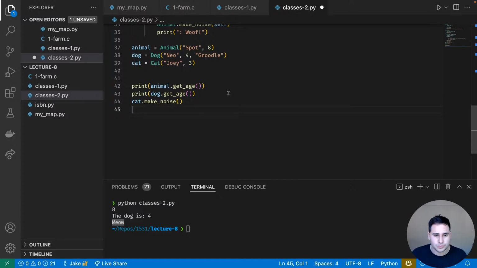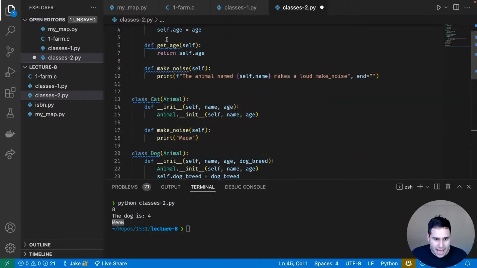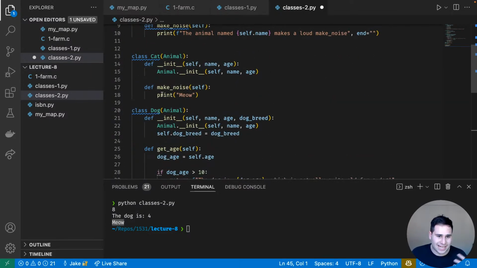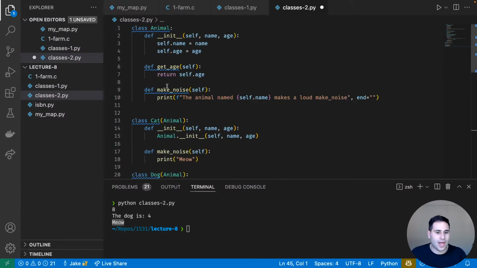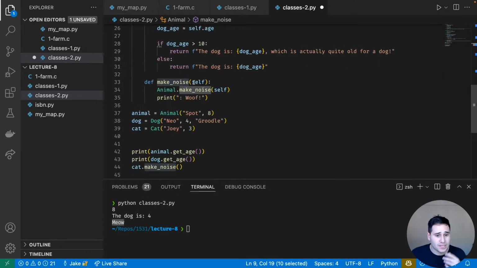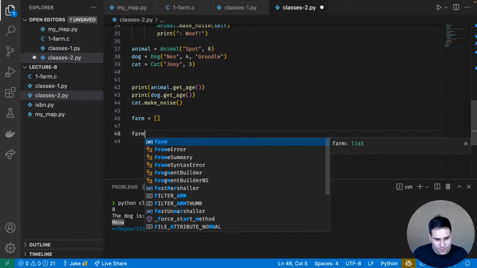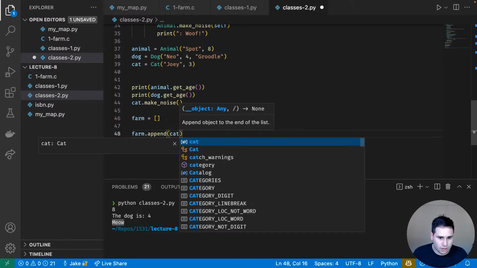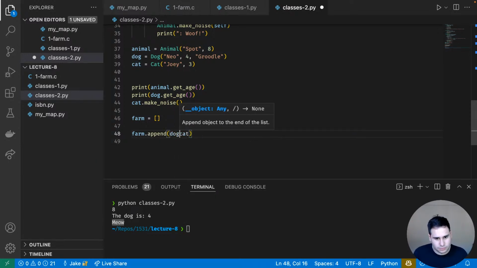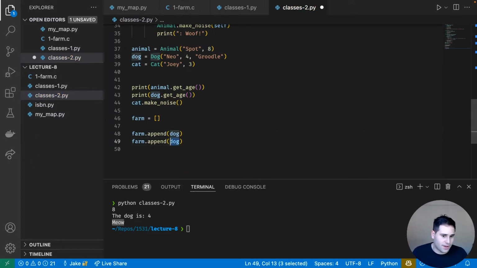these objects. So we've got cats and dogs, and all cats and dogs are animals, and all animals know how to make a noise. So what this means is that we can actually make our farm be a list of animals, and then we can say farm.append the dog, and then farm.append the cat. So if I print farm,